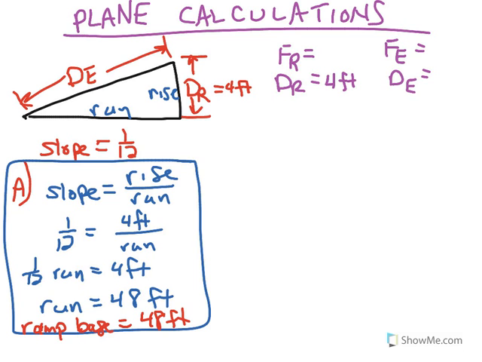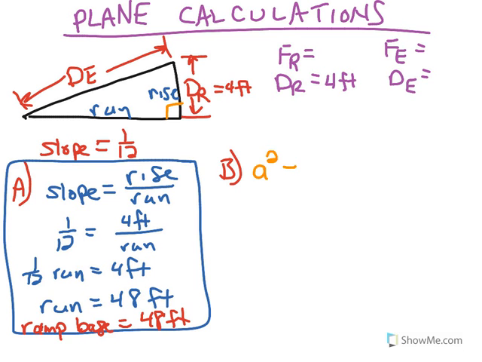Question B. Using the known height, which is 4 feet, and the calculated base length, which is 48 feet, what is the length of the slope of the ramp? Well, this is simply asking us to use the Pythagorean theorem. Pythagorean theorem says in a right triangle, which this is a right triangle because rise and run are perpendicular to each other, you simply take a leg